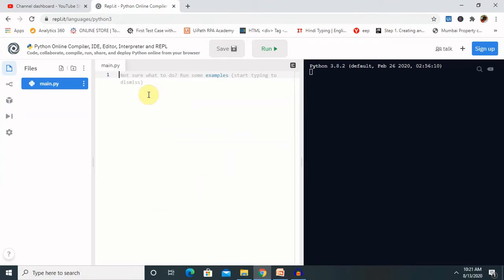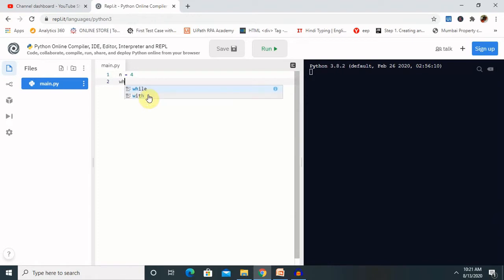So let's say n equal to 4, and in the while loop I am giving a condition for printing. So while n is less than or equal to 12, actually I want just less than 12,